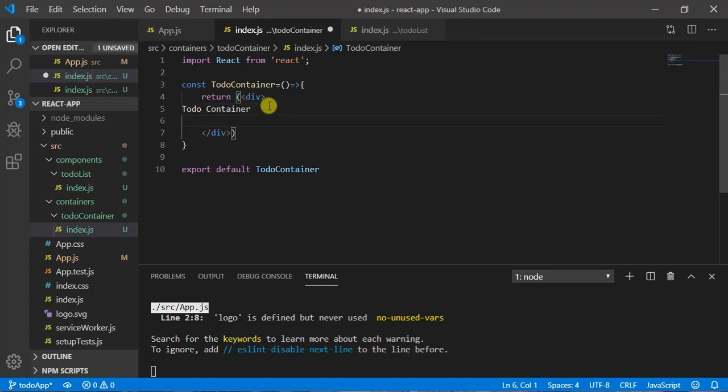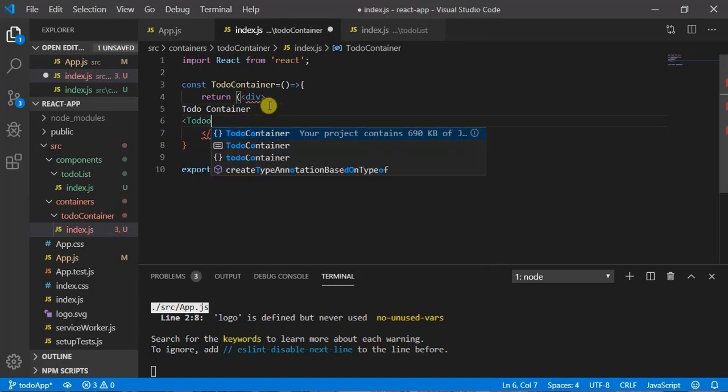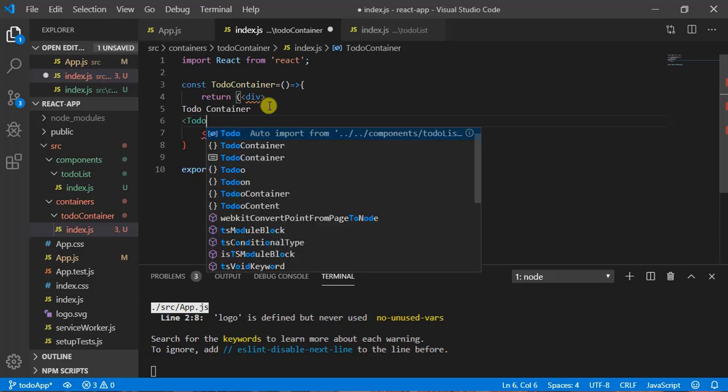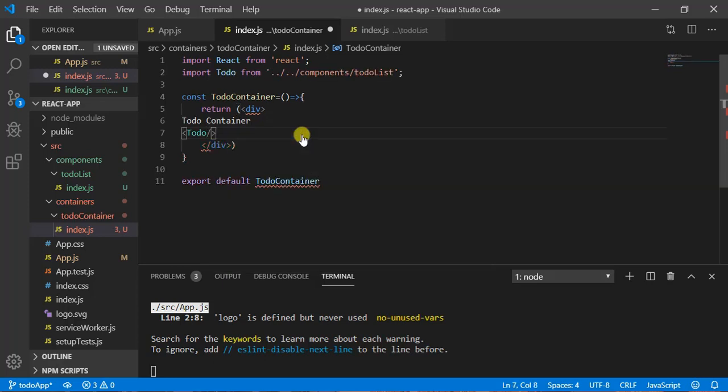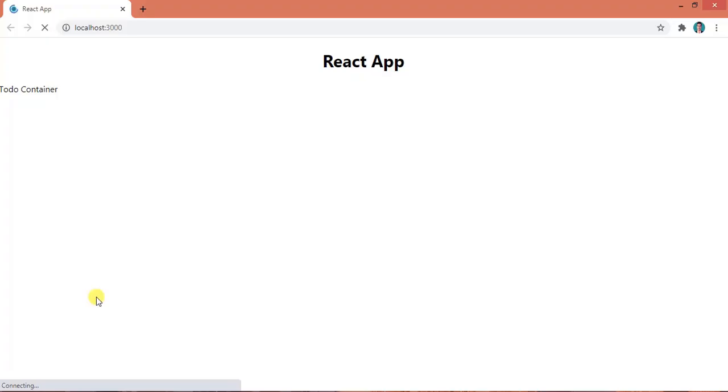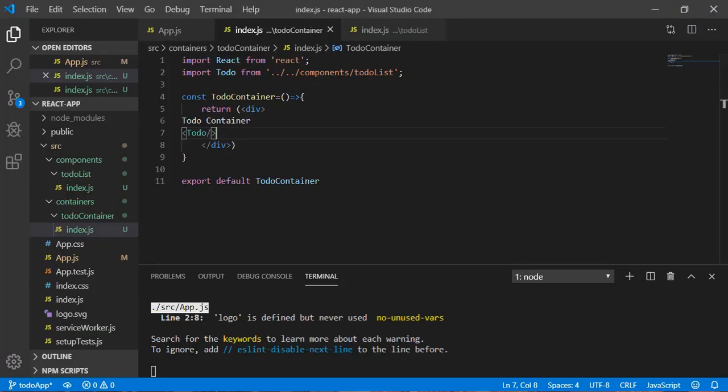So let's call it here to do, and you can see I am getting the auto import option. Let's hit enter. It has got auto imported, and let's come to the UI. So you can see here we have the to do component. So we have imported that component right now.